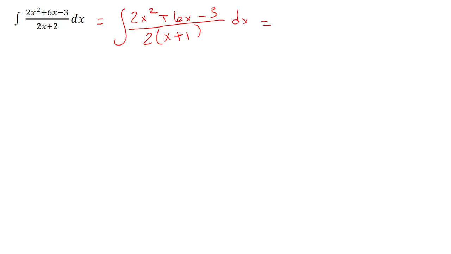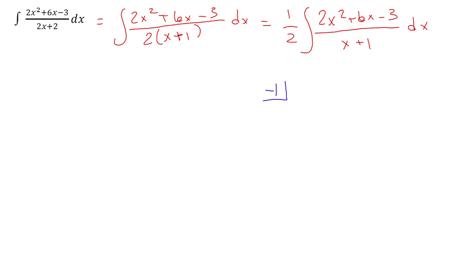And our integral rules say take a constant out in front of the integral. So we'll just make it 1/2 of the integral of 2x squared plus 6x minus 3 over x plus 1 dx. And now we should be able to do the synthetic division with negative 1 in the box, because that's what makes the x plus 1 equal to 0. And then we'll put a 2 for the x squared, a 6x, and a minus 3, and do the synthetic